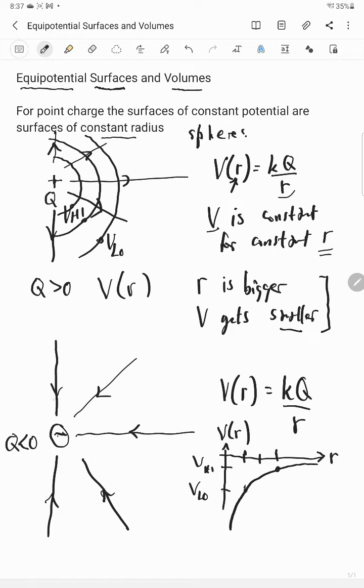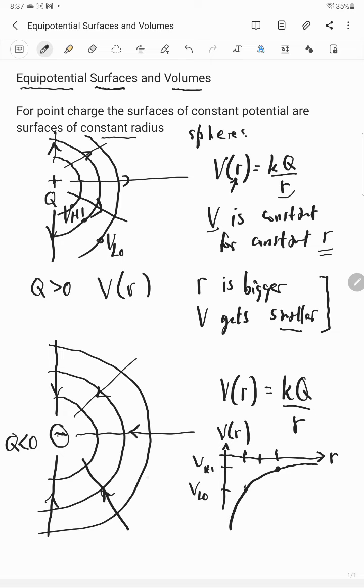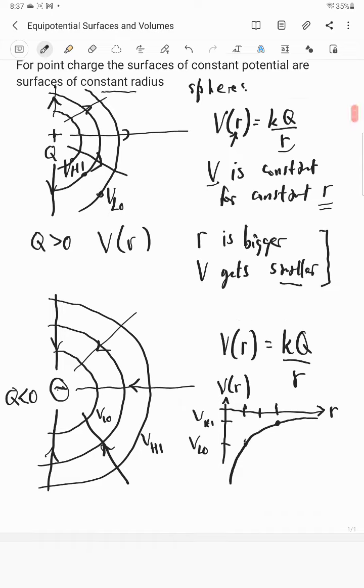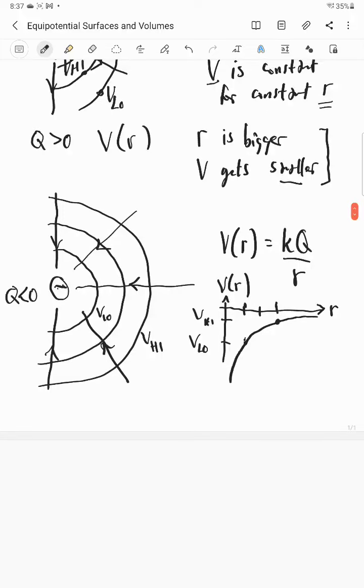So it's still surfaces of constant radius, which are the equipotentials, but it's a little bit backwards. You actually are higher in potential further away than closer, right? So it's backwards when the charge switches sign. But I'd like you to notice something that we can take away from this. It's generically true